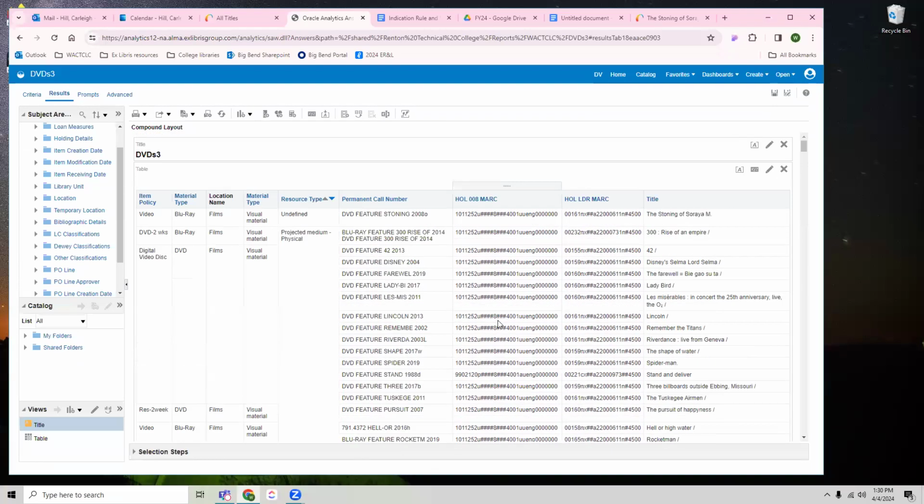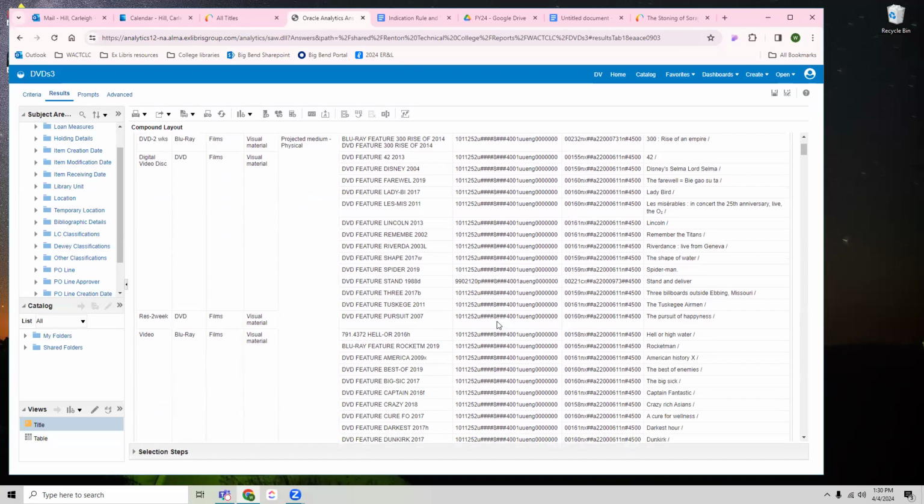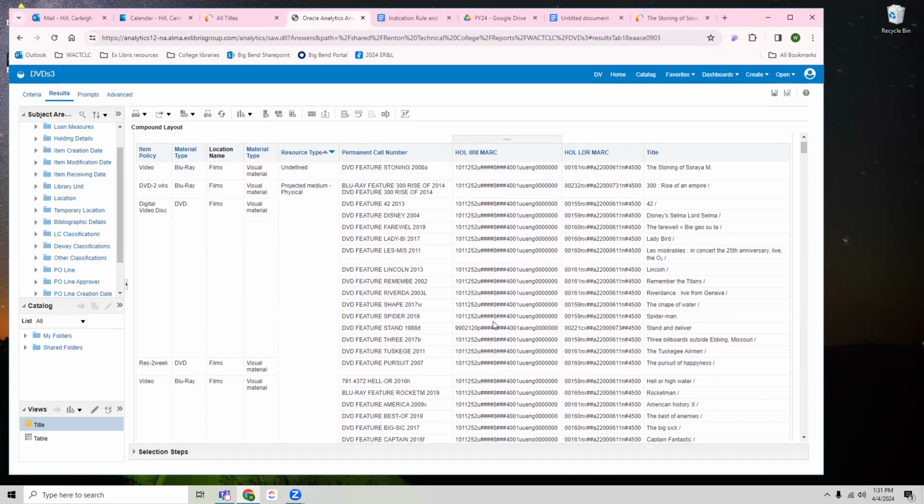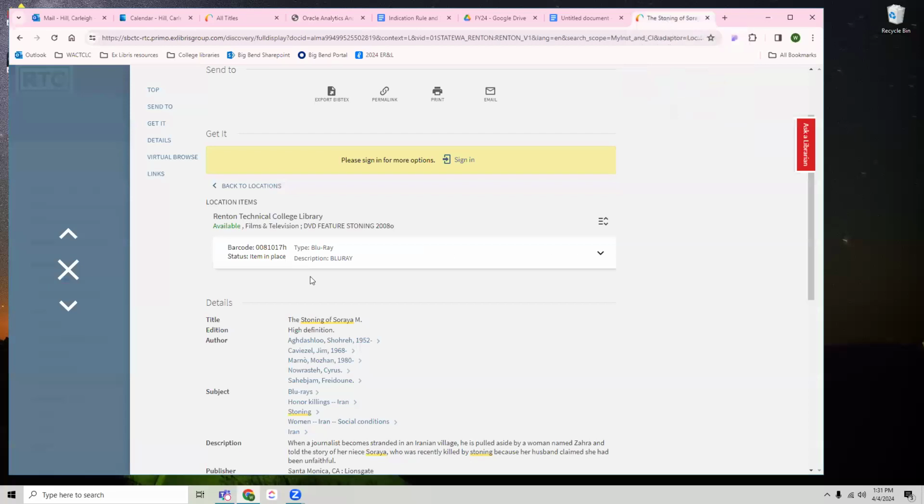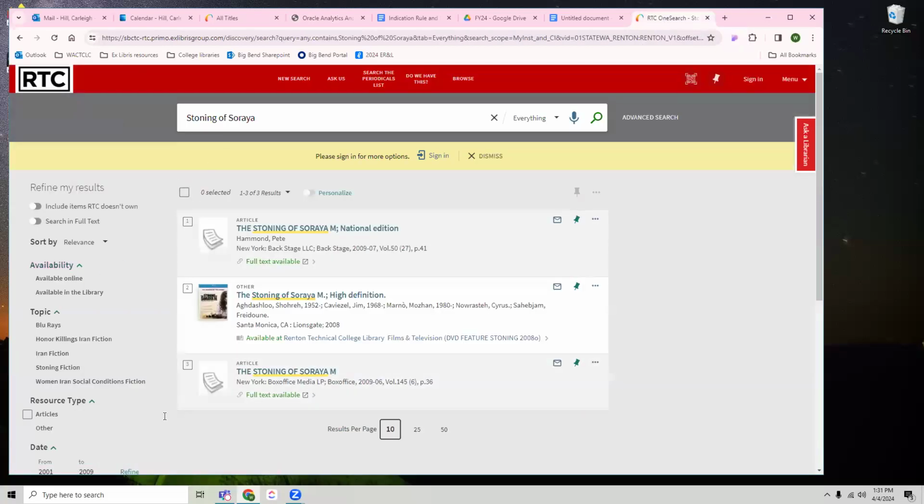So this has turned into a completely different discussion, and that's totally fine. Because it just once again highlights the tie between cataloging, deselection, collection management, electronic resources, and discovery. Because if someone were looking for this and didn't look at the call number,